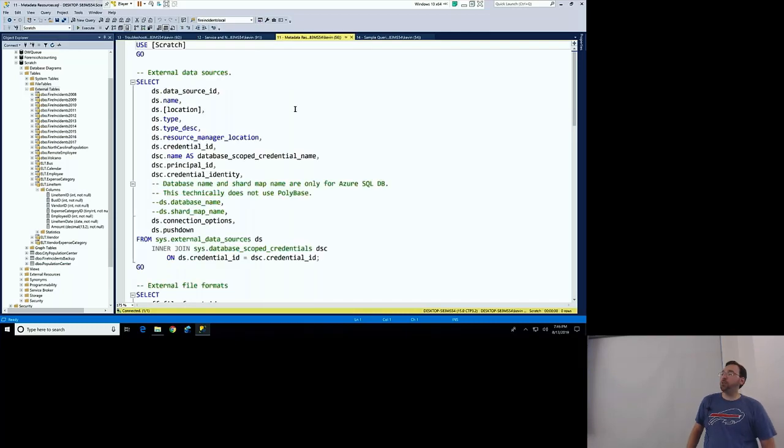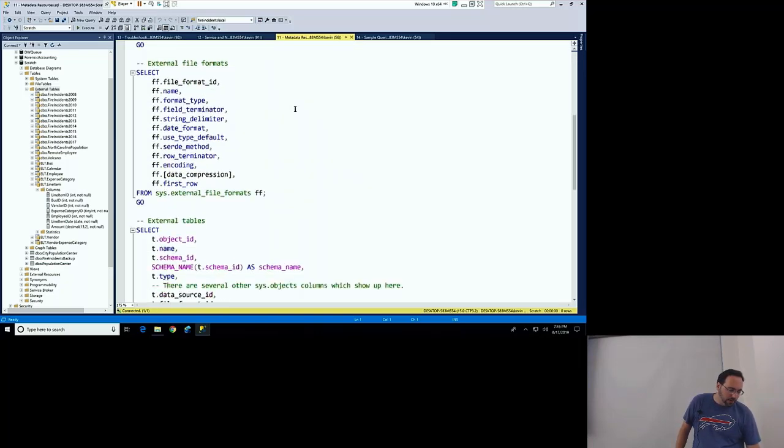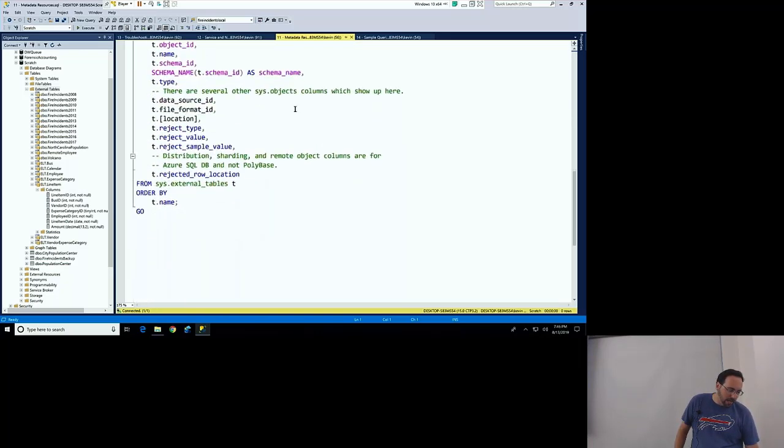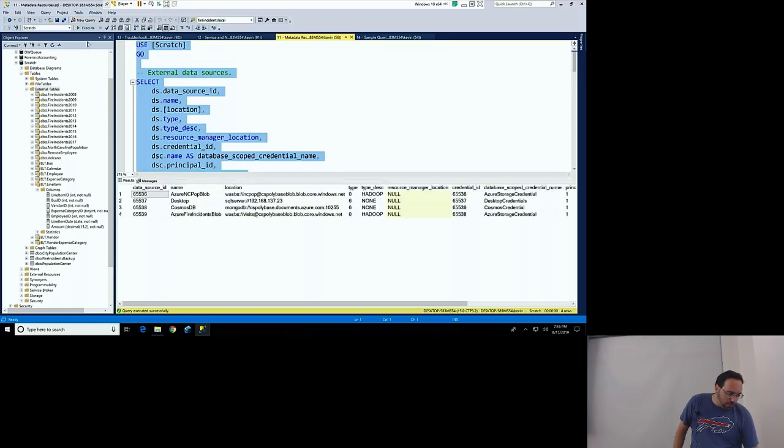If I would like to learn about my external sources, sys.external_data_sources, sys.external_file_formats, and sys.external_tables are where I need to go. So if I look at data sources, I'm going to join the database scoped credentials so that you can also see